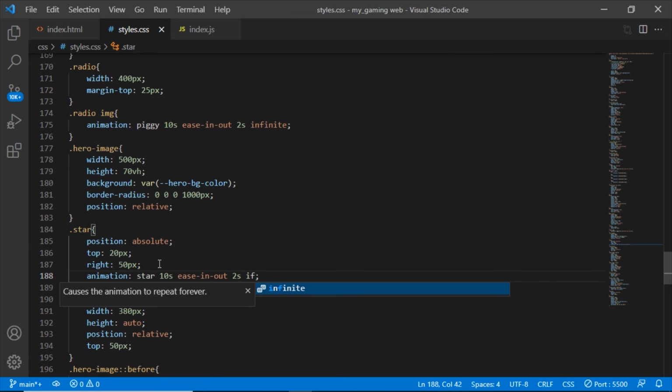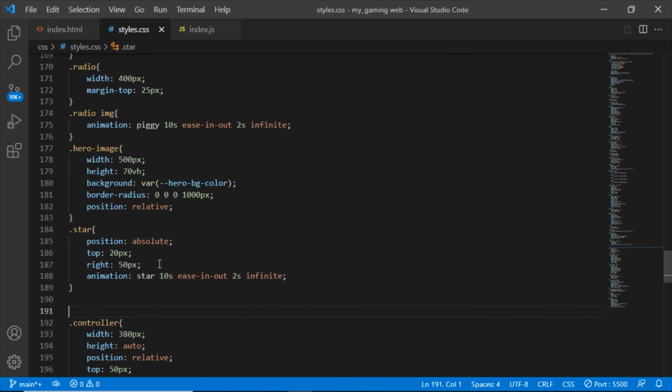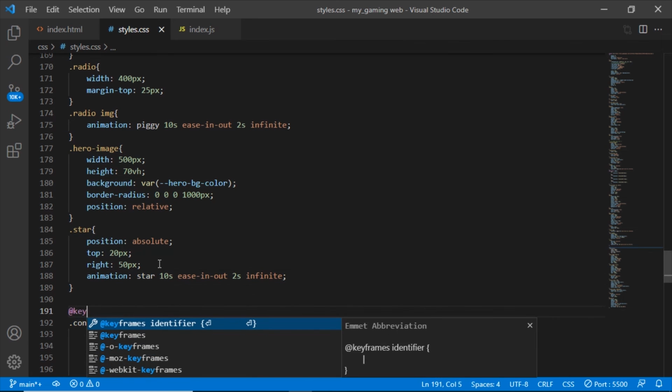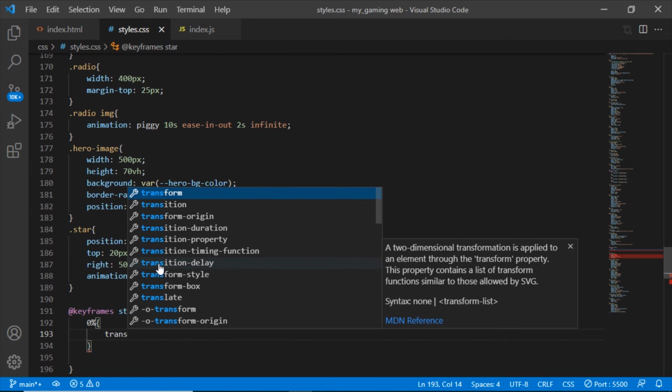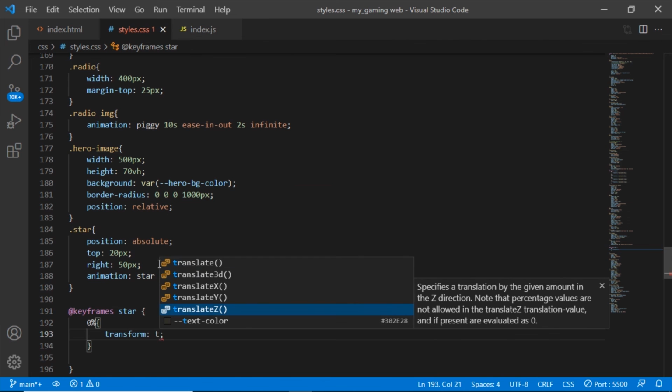So after that, declare our keyframes, and then it's star, and then we'll say at 0% we want our star to transform and translate z 15 pixel,